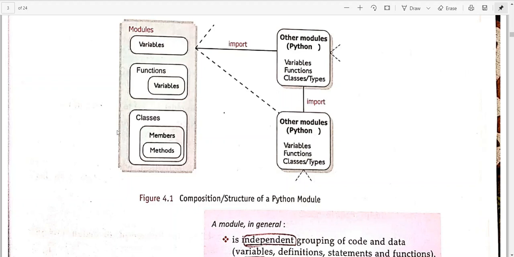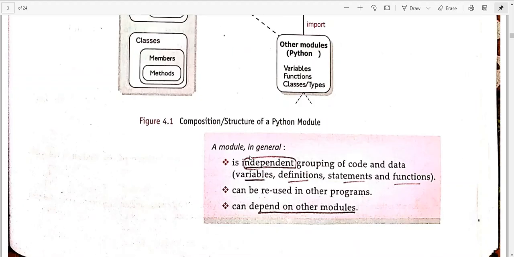When you read the concept of classes, you will be better aware of it. We can connect various modules together with the help of the import keyword. A module in general is an independent grouping of code and data. It is an independent file that can be used anywhere.